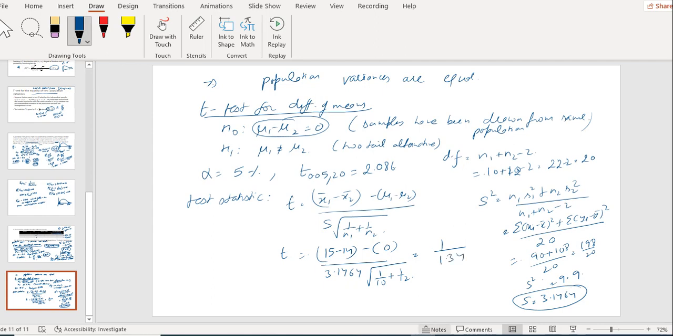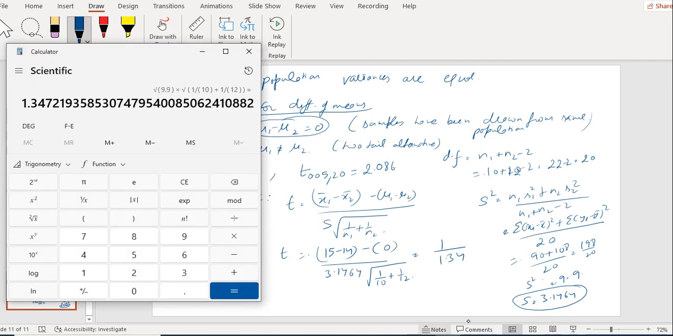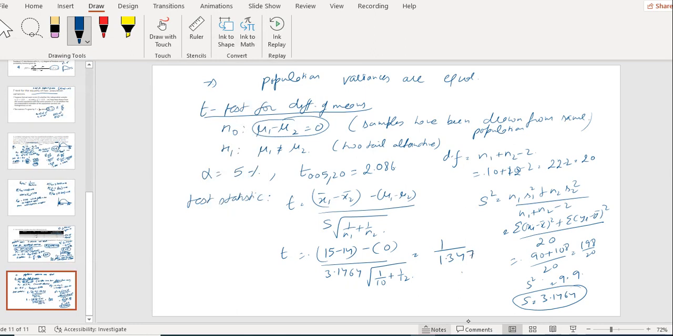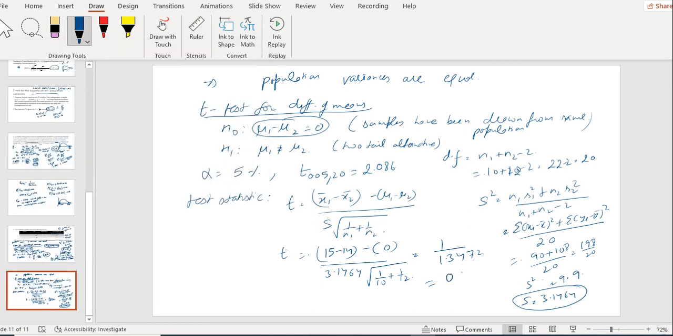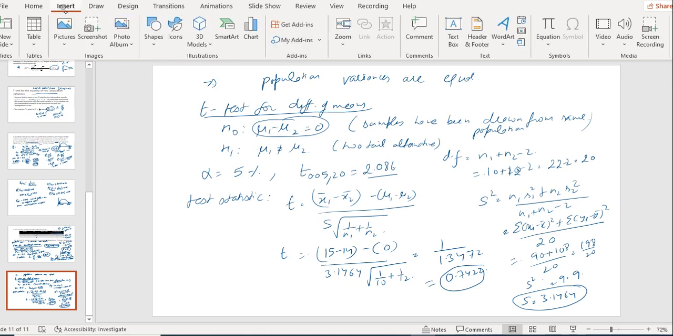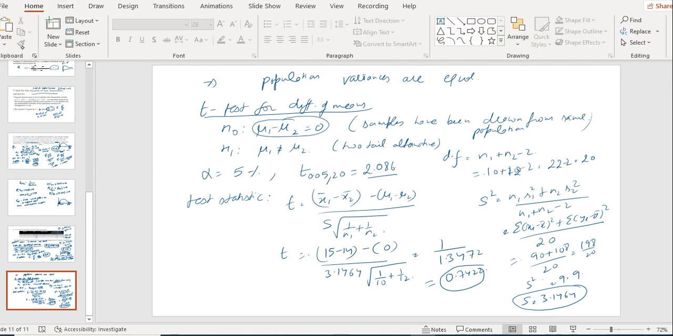So 1.3472. Obviously this number is less than 1, because if I take the reciprocal of this number, its value is 0.7422. This value is less than the tabulated value. So if we compare,